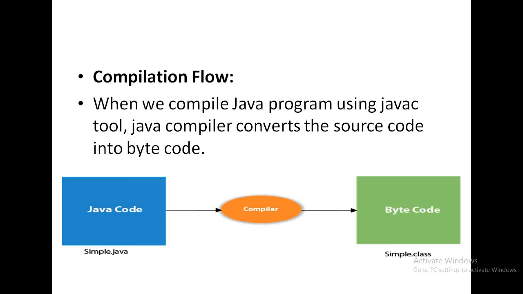So what is the main work of the JVM? I have already told you in the previous classes. The main work of the JVM is that it converts the .class file into .exe file. So simply I am telling, first the source code is converted to bytecode with the help of the compiler, then the bytecode is converted to machine equivalent code with the help of the JVM, the Java Virtual Machine.